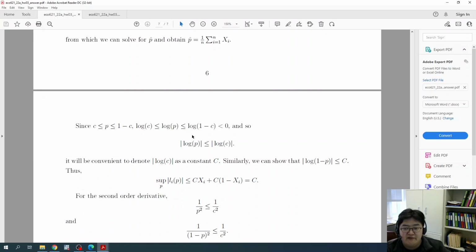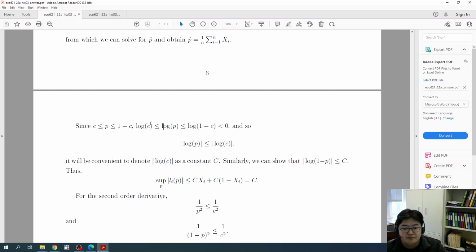And now time for bounds. We use bound C. Then you get this and you get these. By the way, remember that log of p is always negative as long as p is smaller than 1. Log of 1 is 0, and any number smaller than 1 becomes negative. So it is smaller than 0. So when you take absolute value, the only meaningful bound is this guy. Anyhow, this guy will be between this and this, so it does not matter. What you need is log of c.